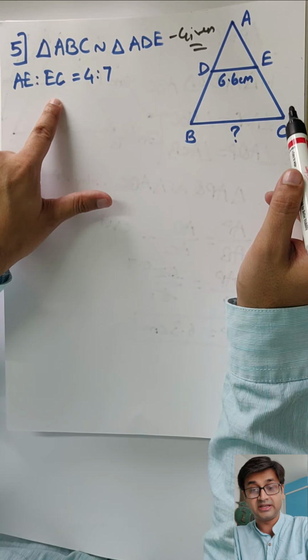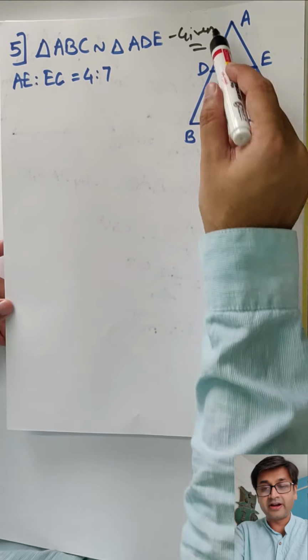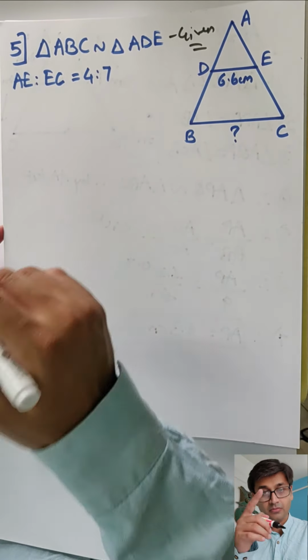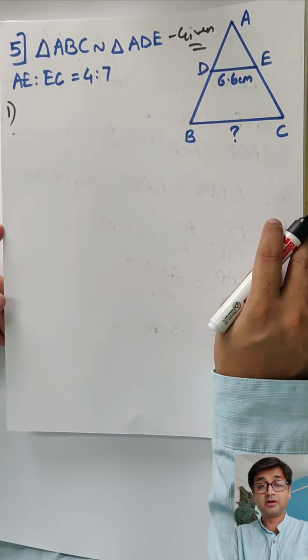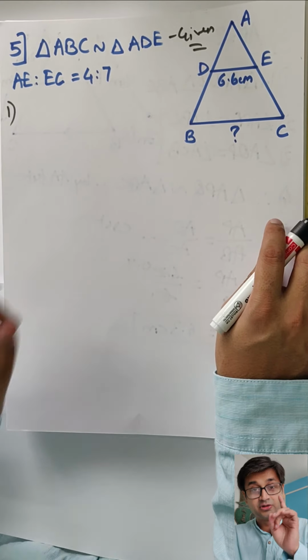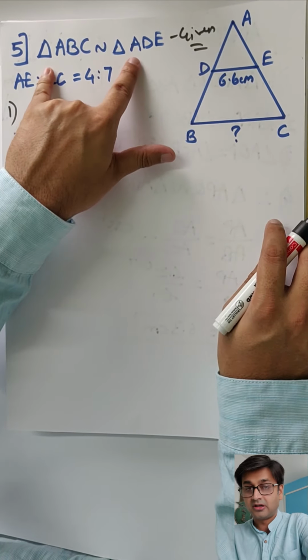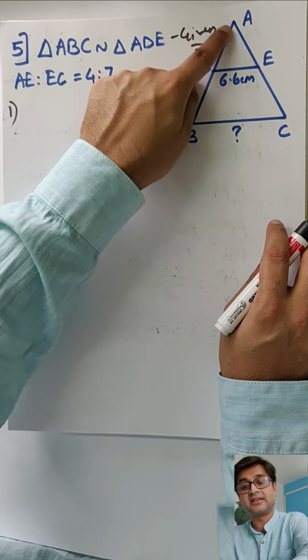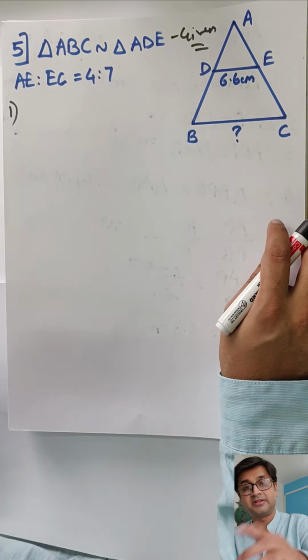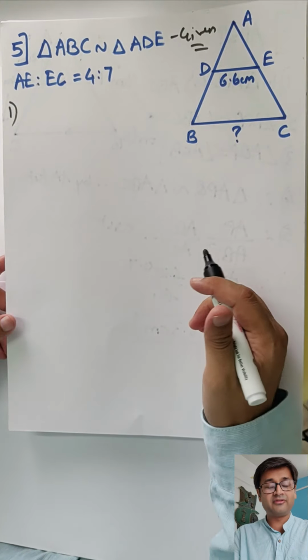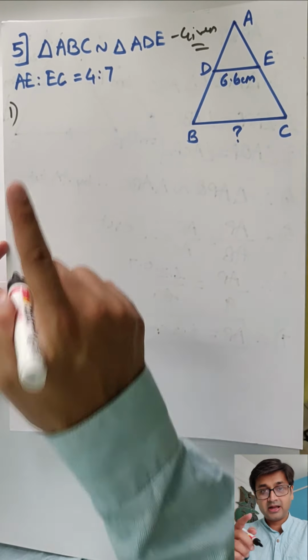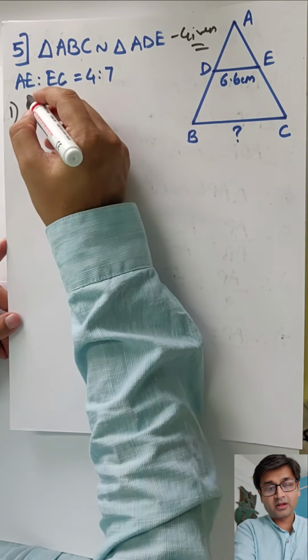I have AE upon EC. So what are you going to do to find AE upon AC from here? Very good. X method. So what are you waiting? Come on, hit it. Use X method, get AE upon AC. Triangles are already similar, no need to do that. Directly use CSST, AE upon AC, DE upon BC, get BC. I think about 5-7 steps you will finish it. Come on. Let's see if you can finish before me.